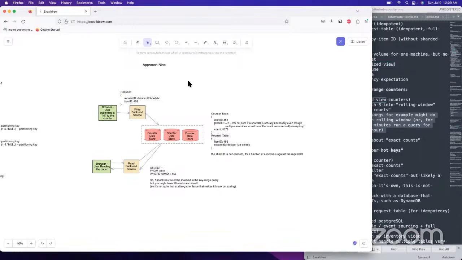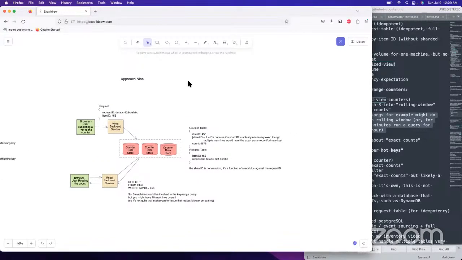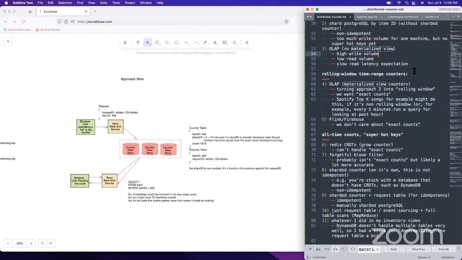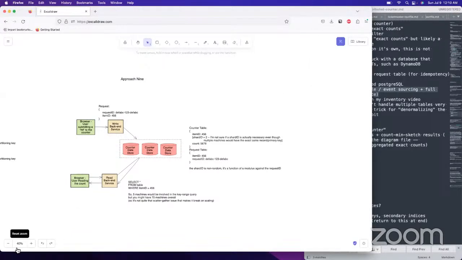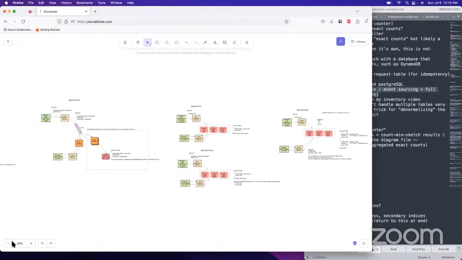I've done this approach multiple times before, like with flash sale and stuff. So I think this isn't anything crazy or new, and we know what that one is about. Yes, this one. Request table, and you can just do event sourcing. I didn't cover the Cassandra approach. I covered the OLAP 1 and 3, but Cassandra actually has MapReduce built in. I don't know if that's actually a good idea, but yeah, let's go ahead and cover that.